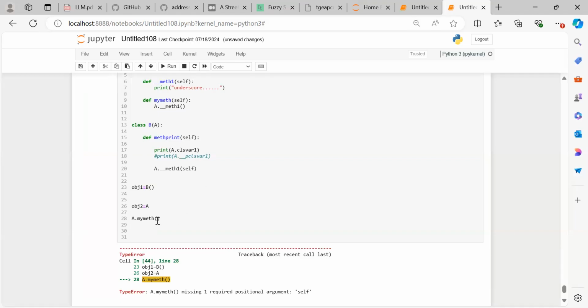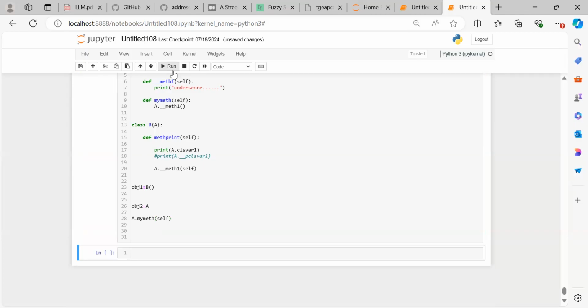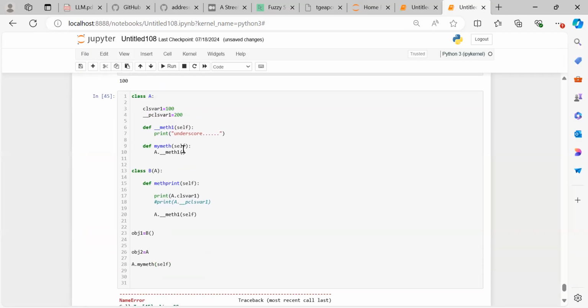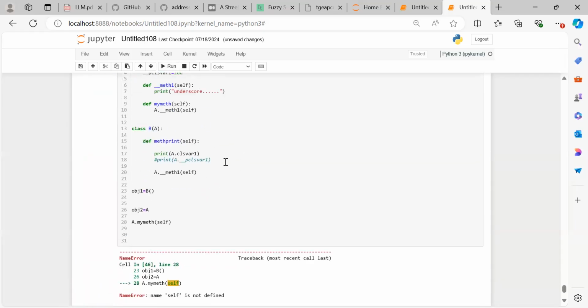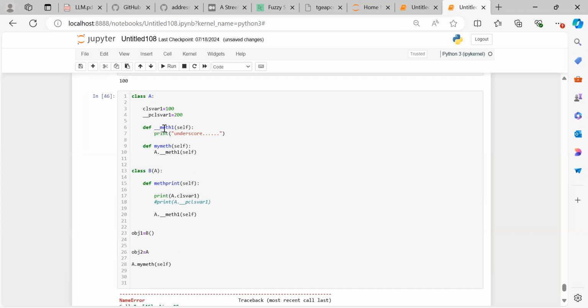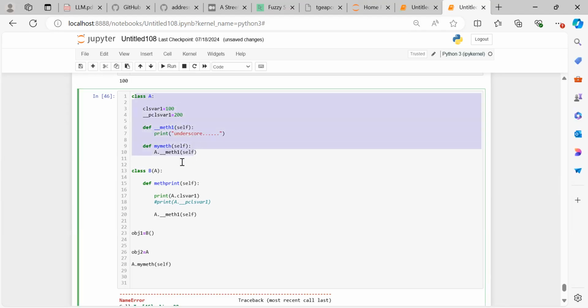Even if I give, or let's say for example, even if I remove this and then give here. So when there is a private variable or a private member variable, there is a different way to handle it. So what I am trying to explain here is, in any class, if you are trying to define anything with underscore underscore,